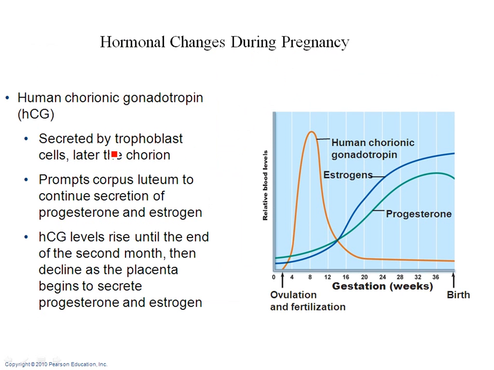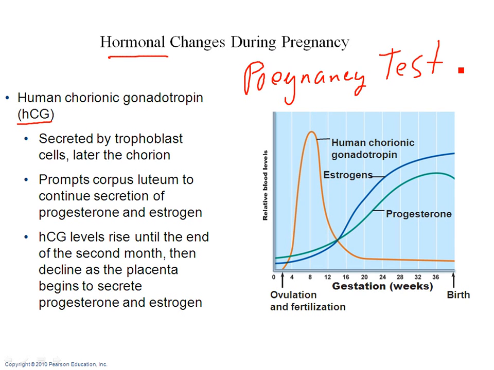Okay, now while all that's happening, we've got some hormones that are going on. And this one is called HCG, or human chorionic gonadotropin. And this is the one that they test you for in a pregnancy test. So when you go and they have you urinate on a stick and you look for the little plus or minus like an EPT test, you're testing for HCG. That's the test that they test you for during pregnancy.